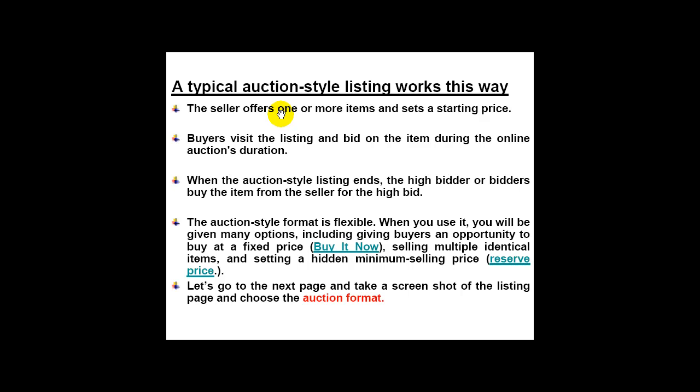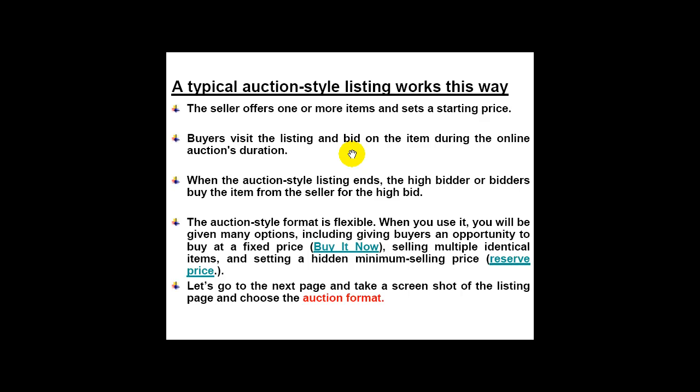You just go ahead and assume that you want a minimum price of $50 for this monitor. So whenever you are listing your item on eBay, you will put a starting price of $50, which is the minimum you are accepting. The listing will appear in the search, and buyers will start visiting the listing and placing bids on the listing